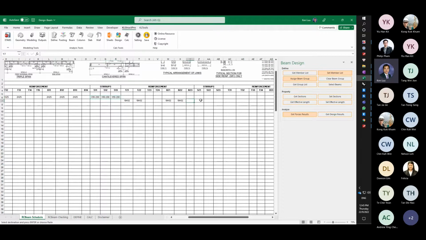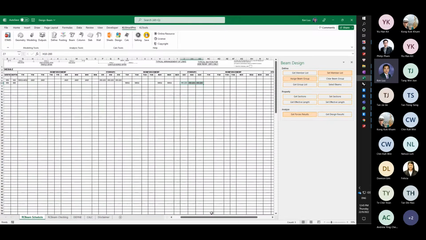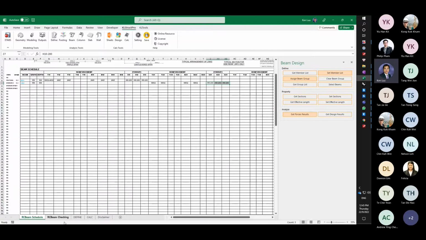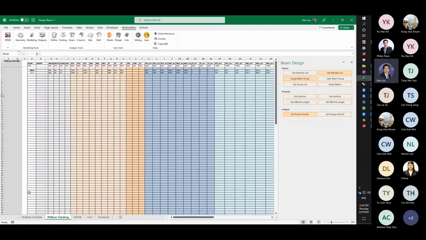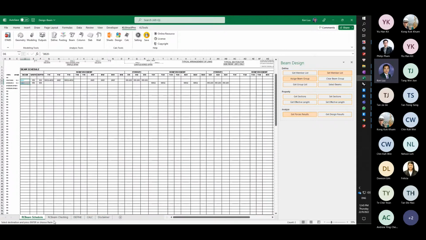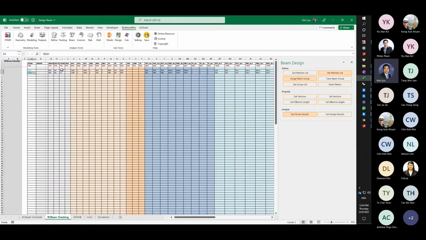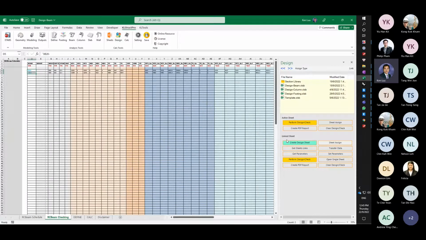So this is the reinforcement for this continuous beam, right? And this one is the reinforcement at the second section. This one is a continuous beam, so the first section will get the reinforcement from this one. Okay, so I will come back to this, and I will just copy this name here so that it is equivalent, and then come back to the design. And now let's clear the design first, and also clear this one. And now I will